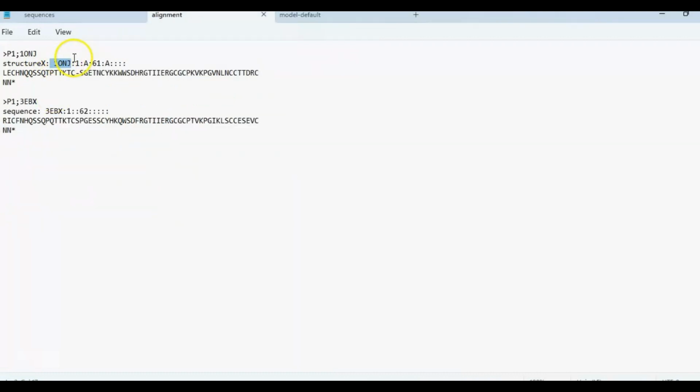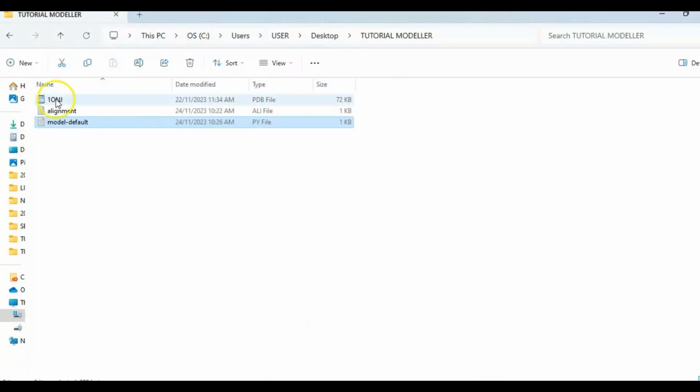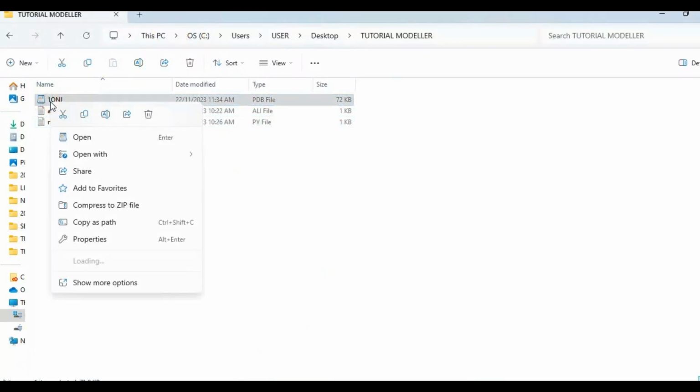Okay, so the third field is for the number of residues of the sequence in the subsequent lines. So let's say this is your PDB structure. When you open the PDB structure, you click the PDB and open it with WordPad. Let me just show you here. If I just double click and open with WordPad,